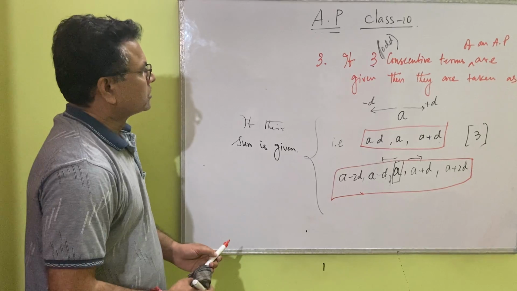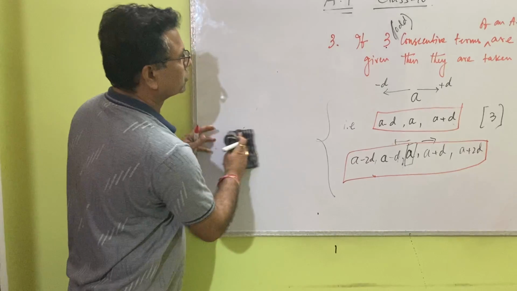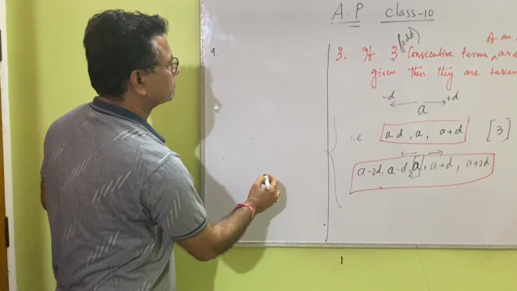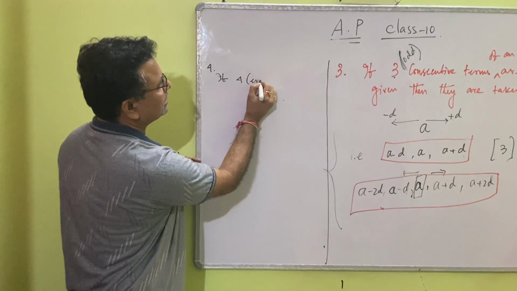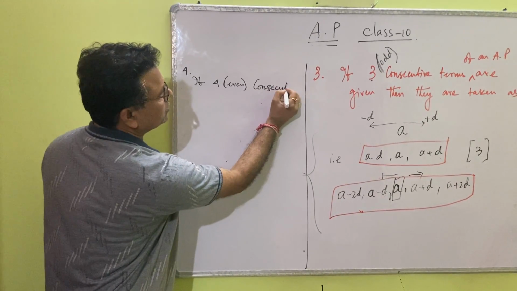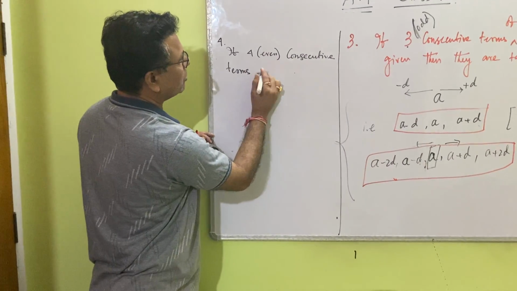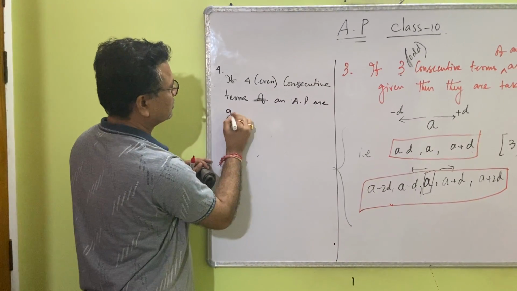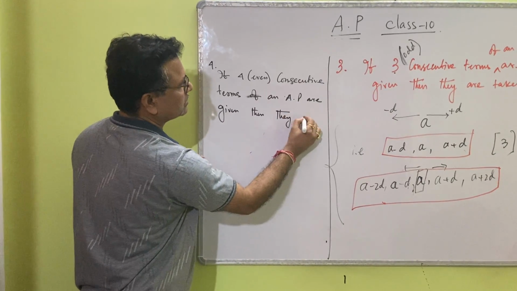Okay, now this is for odd. Now I will go for even. So that is my point number 4. So for even, what will I do? See, now even, that means if 4, within bracket I am writing even, consecutive terms of an AP are given, then they are taken as,